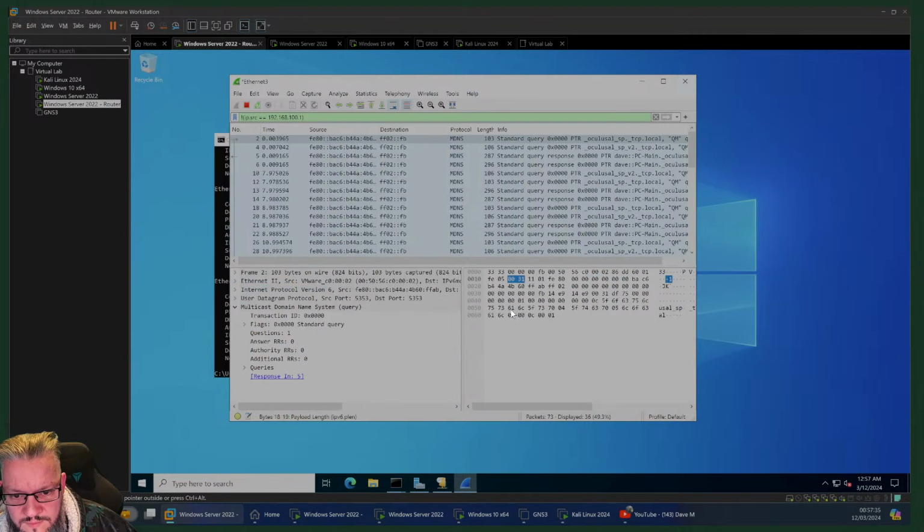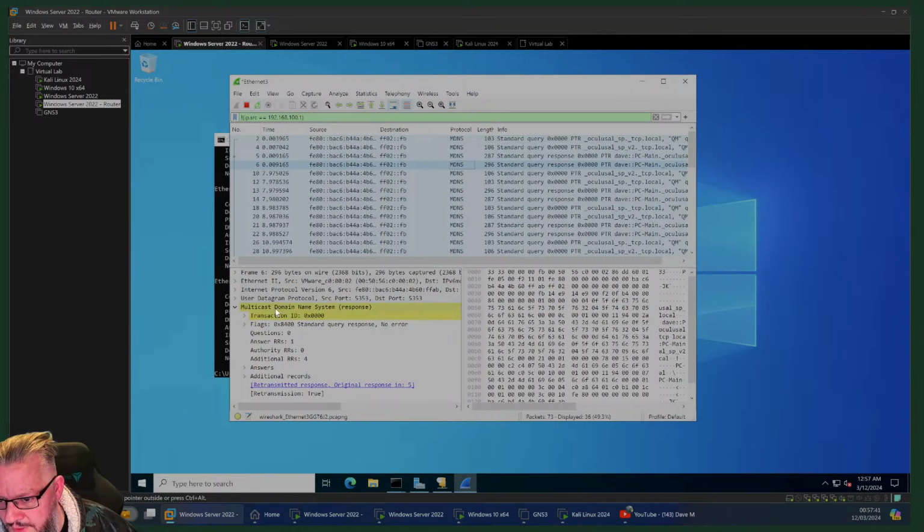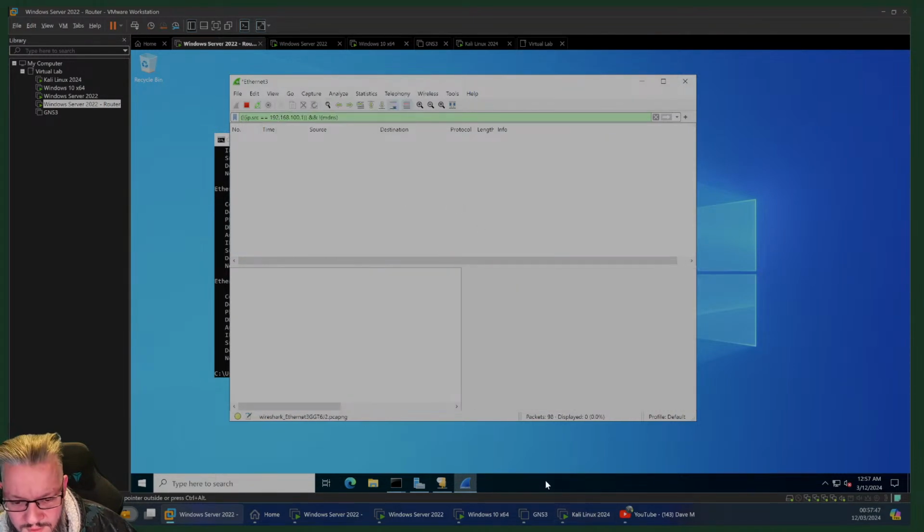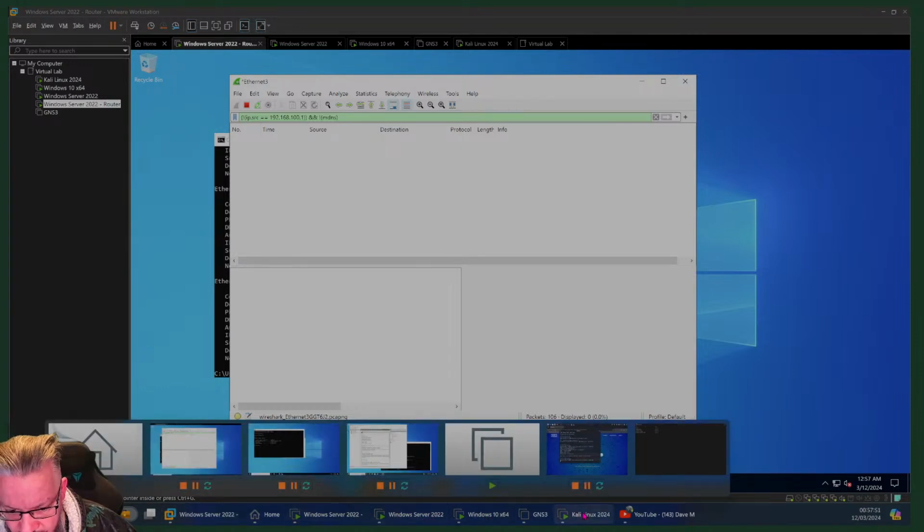We don't need multicast. Right. So let's do a full scan